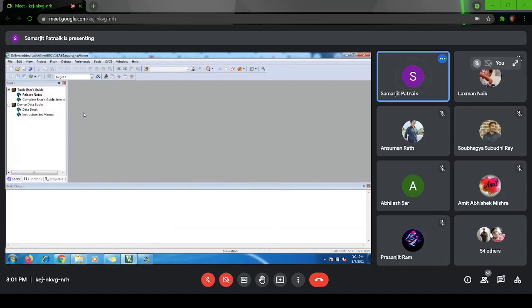Once you get up to here, no need to write anything in search. Just expand the Microchip part, you will find 89C51, select that and select OK. That is sufficient.